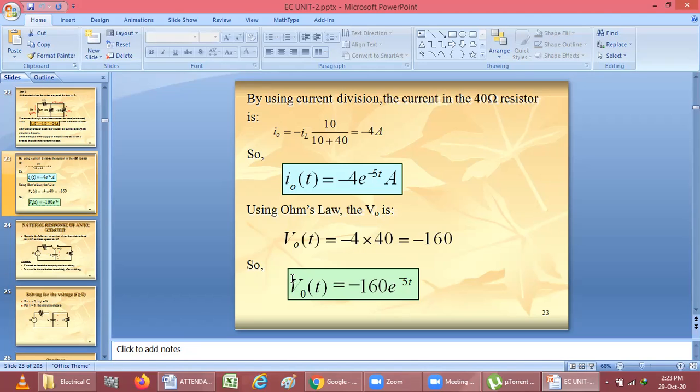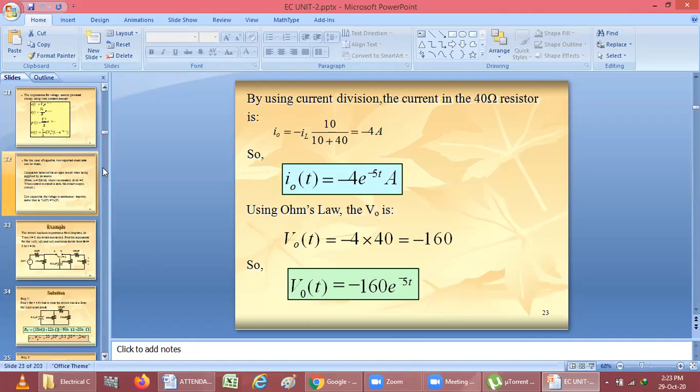Now we have to use the equation because we have to find the value of voltage because of the inductor as well as the resistor, and that will be V of t into e to the power minus R by L into t. So you can write here minus 5t. That is the equation you are supposed to solve in RL and RC circuits.